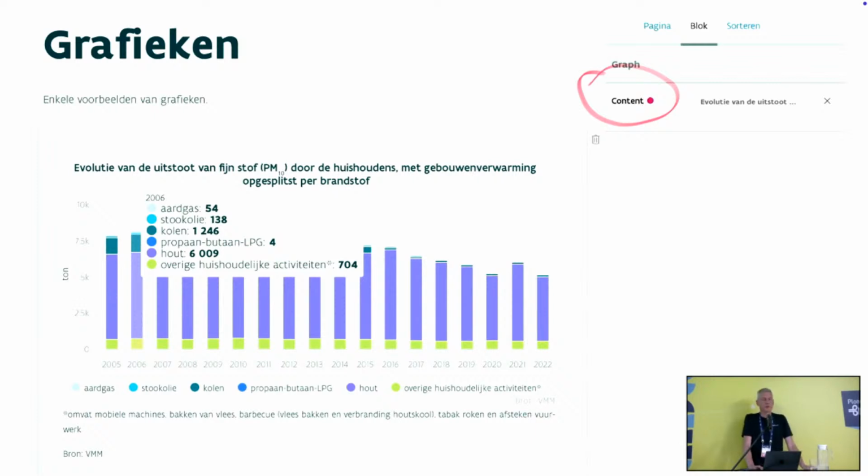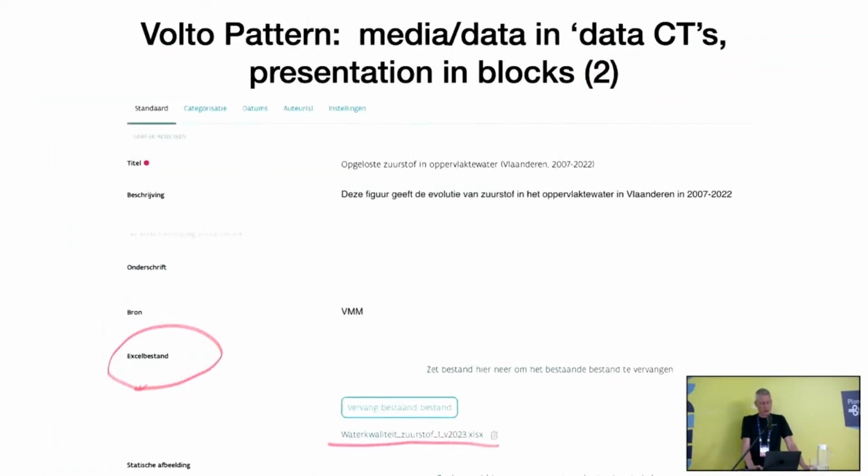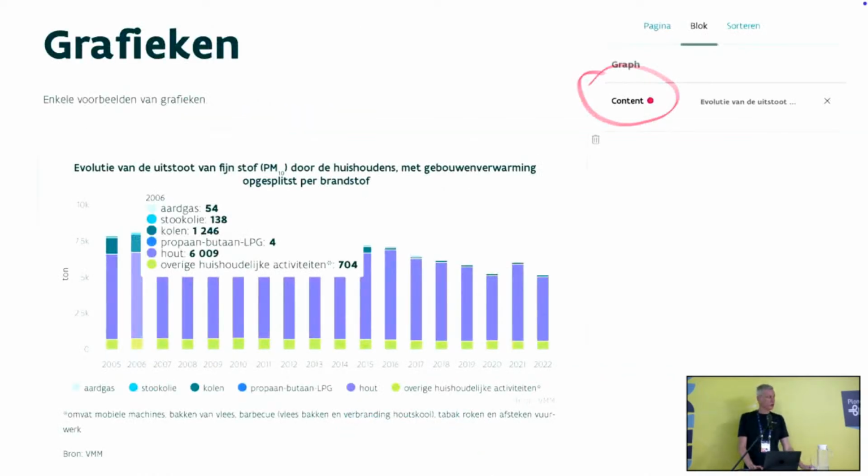So for example, in this project, we have a graph content type and we have a graph block. This is Highcharts with some configuration, and you just put a reference if you want to add multiple graphs on your website. They're beautiful, interactive, responsive, everything just works. Actually, our content editors can upload an Excel file, and with some rules on the spreadsheet, we can generate it out of the box. This will show up.